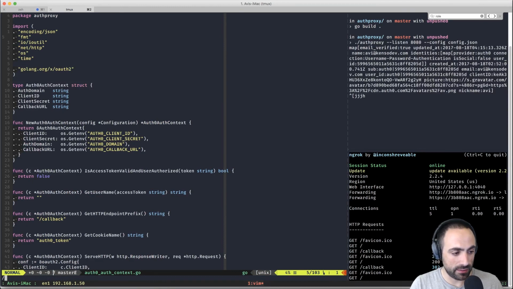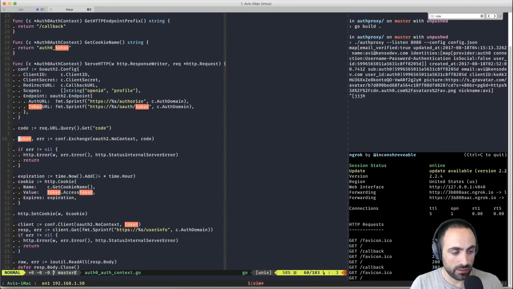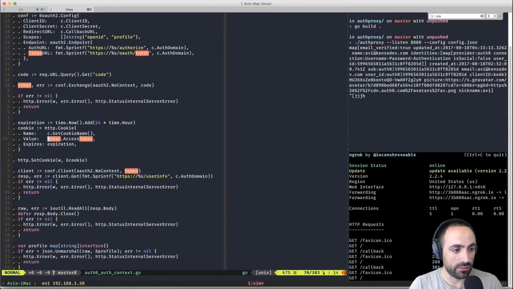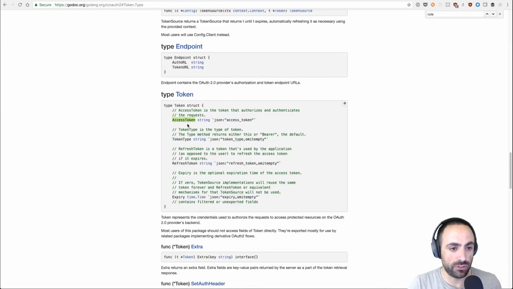And then this is a token, awesome token, and error, and conf.Exchange. And then this is the code. And here, I'm actually passing the token. So I don't know if I need the access token, the refresh token, or what part of the token I need. Because there's access token, and then there's token type, and then there's refresh token, and then there's expiry.